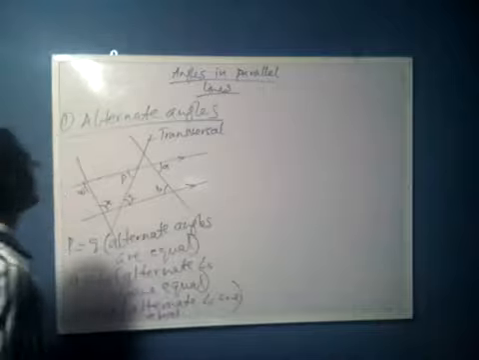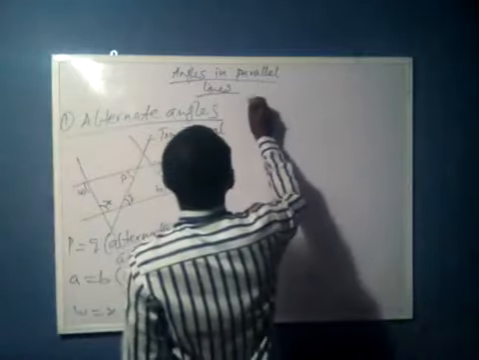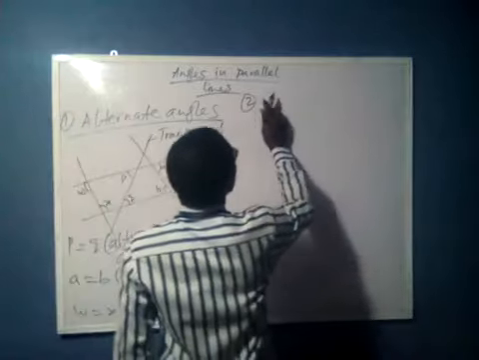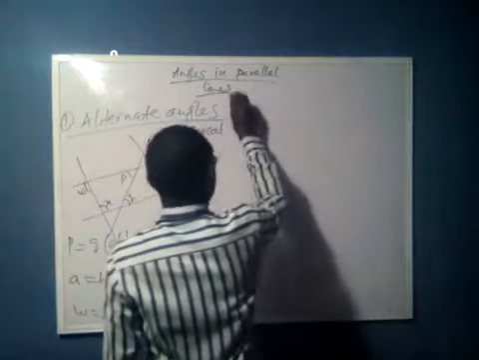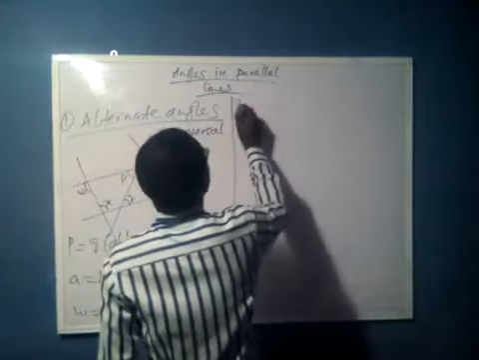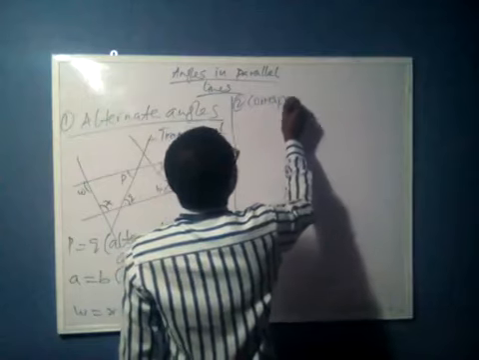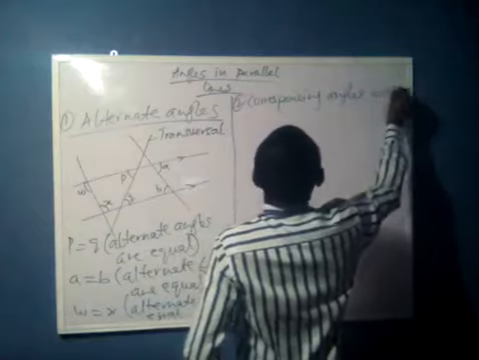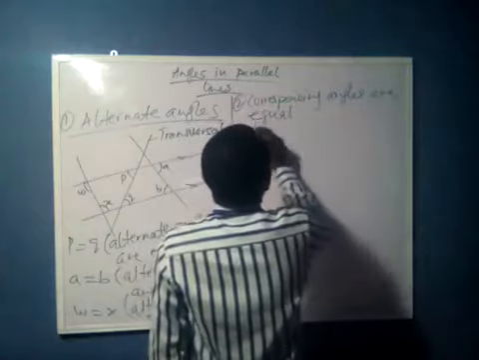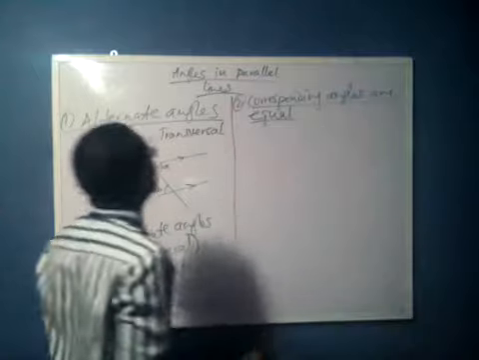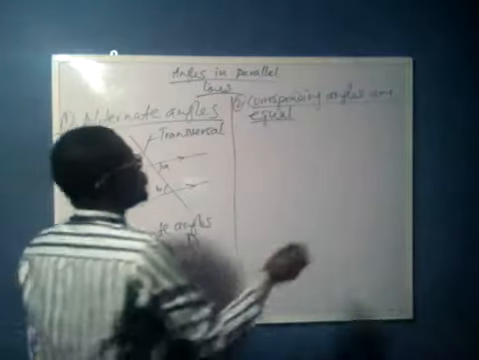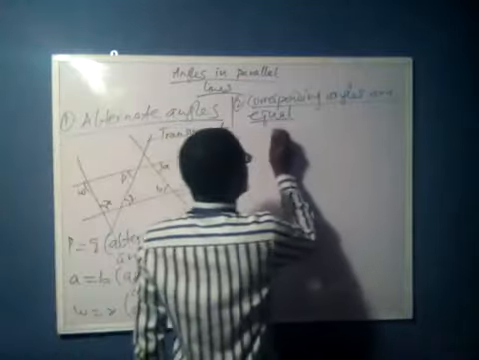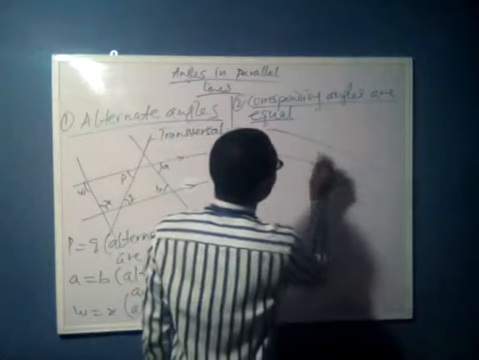Now, another thing we'll discuss here is what we call corresponding angles. Corresponding angles are equal. So when you say two angles are corresponding and they are equal, that's also related to parallel lines. So if you have some parallel lines, maybe two of them,